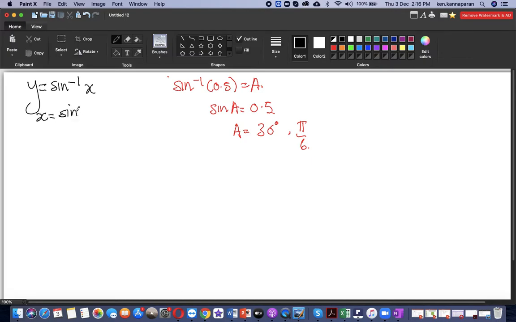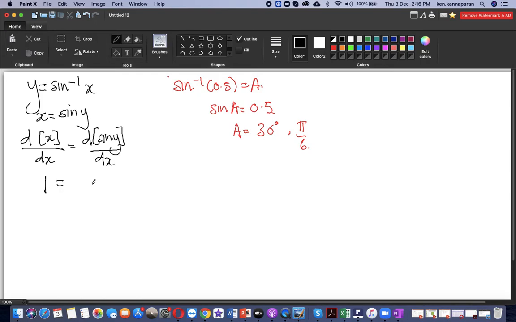sine y. So to differentiate this, I'm going to differentiate both sides, differentiating in terms of x. You can choose any letter if you get confused because you have two x's here, you can put a equals sine y, it doesn't matter. But in this question they've already given x, so I'm going to differentiate that. So when I differentiate x over here, I'll get 1, and over here differentiating sine y over dx,